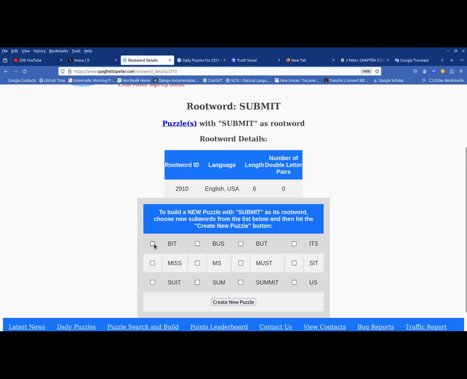So if I want a puzzle that has submit as the root word, maybe have bit in there and miss because it's got a double letter, and then here's another word with a double letter, summit, and it's also got the U and the I, so it has both vowels in it. And then I could use us and its and maybe suit, get a UI. All right, now to create the puzzle, all you do is click here,